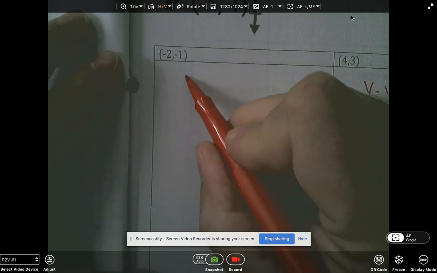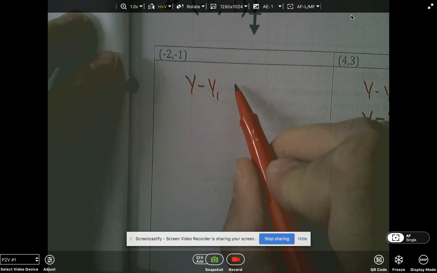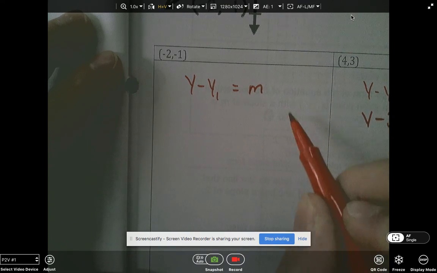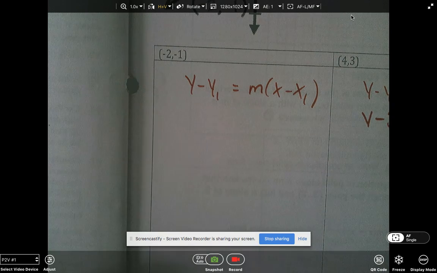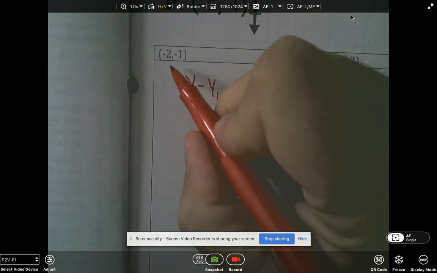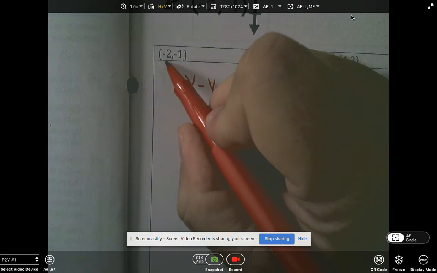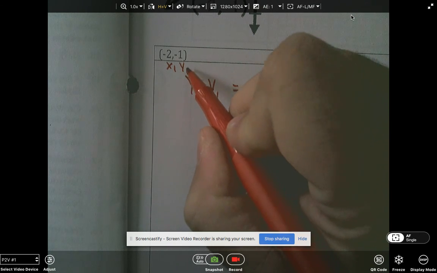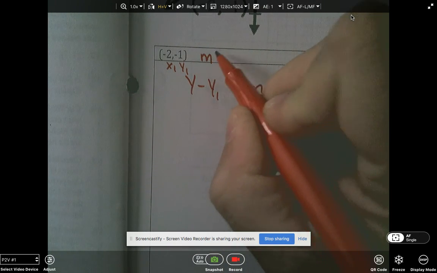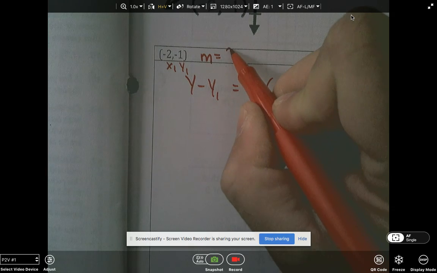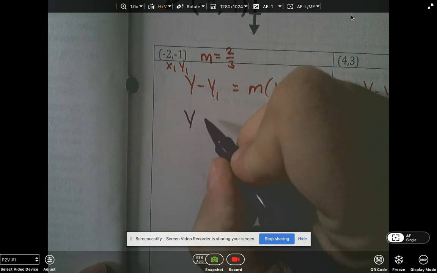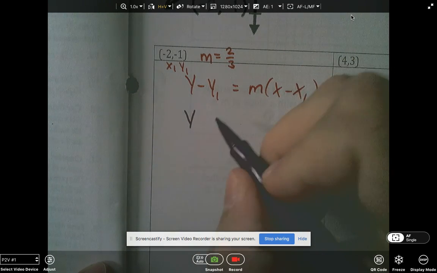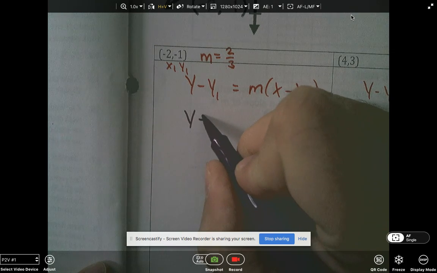So y minus y1 equals m times x minus x1. All right. So again, this is going to be a little trickier. So if this is our x1, our y1, and our m again hasn't changed. It's still 2/3. Let's take a look at how this will work. So it's going to be y minus -1. How would you write that? +1